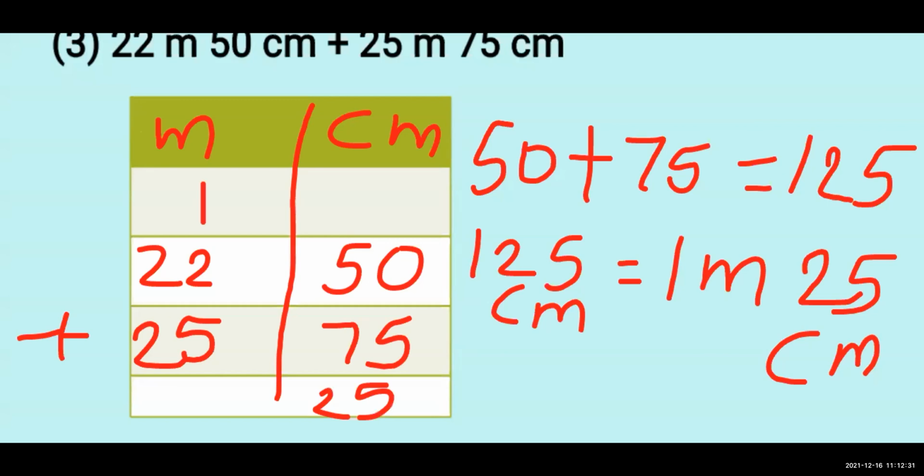So 2 plus 1 will become 3 and 3 plus 5, 8. So I'll write over here 8. And 2 plus 2 will become 4. So is your answer and my answer right? Just put a tick mark in front of you whether my answers and your answers are right. Very good.